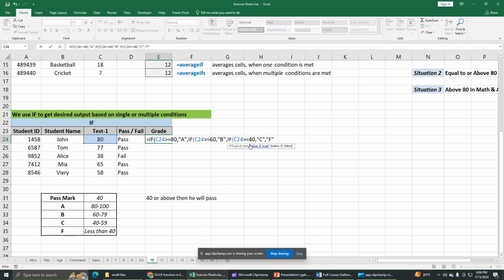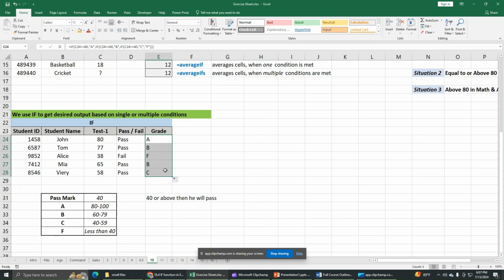Now you see, we have to give this bracket as a closing bracket of this bracket, then again another bracket as a closing bracket for this bracket, and finally another bracket as a closing bracket for this one. So everything is done. Click OK. We have our desired result